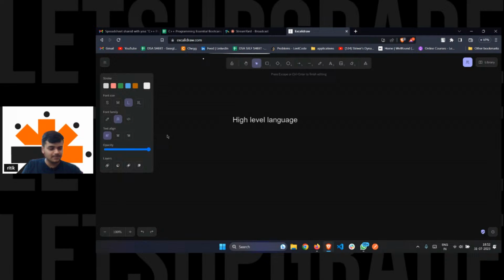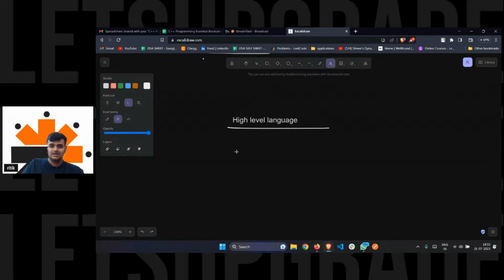Similarly, it is the case with C++. C++ also does not understand English. It does not understand Hindi, Tamil, Telugu, anything. So what does it understand? It's Telugu, okay, thanks for that. Chandan says it's Telugu, but prior to that, I had no information of what that language was. So similarly, C++ also behaves the same way. It also needs a language to understand, and that language is called high level language.